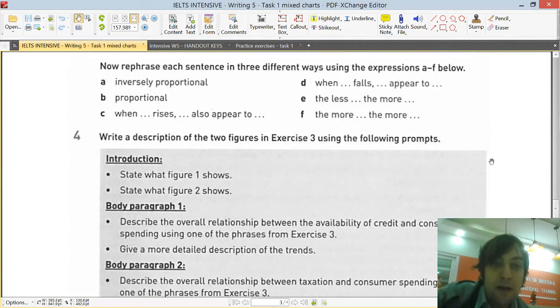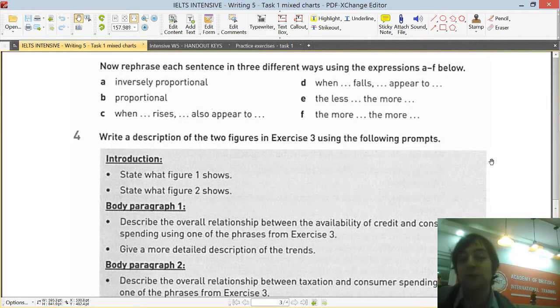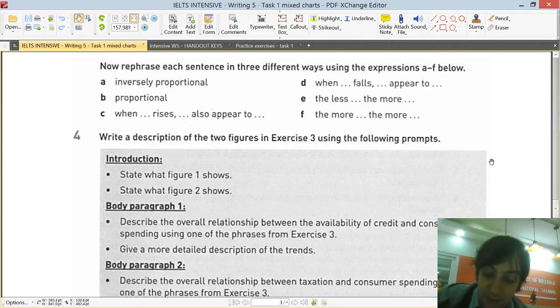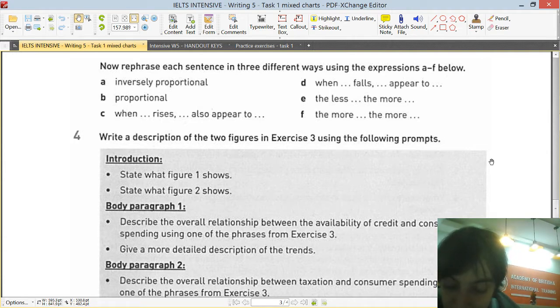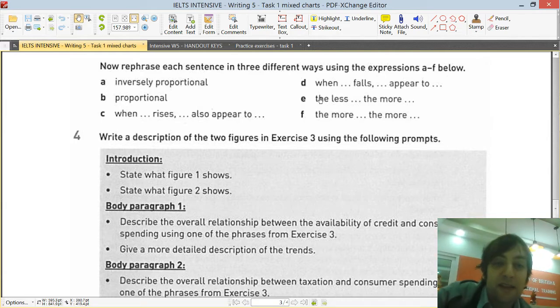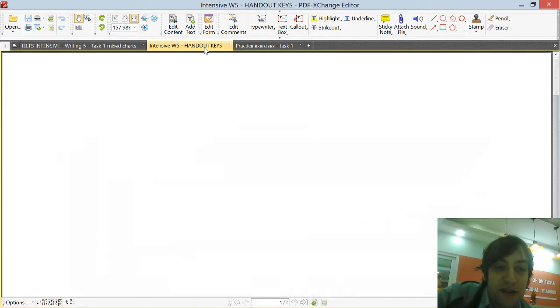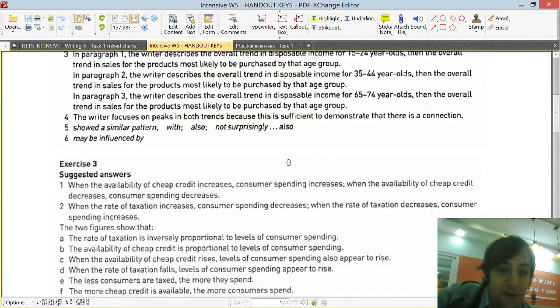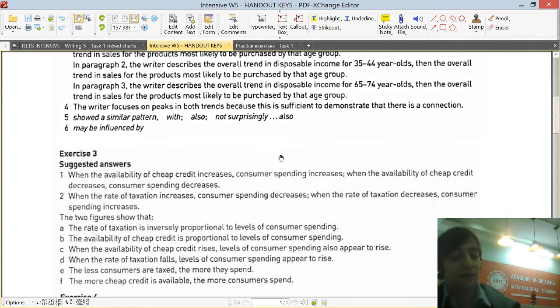Okay, now we need to rephrase each sentence in 3 different ways using the expressions A to F below. So when you're ready, pause the video, write down the answers, and then replay the video. Alright, I think this time I will show you the answers in the handouts actually. So here we go. Here are your answers for these